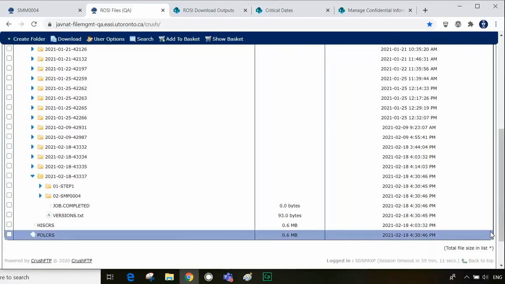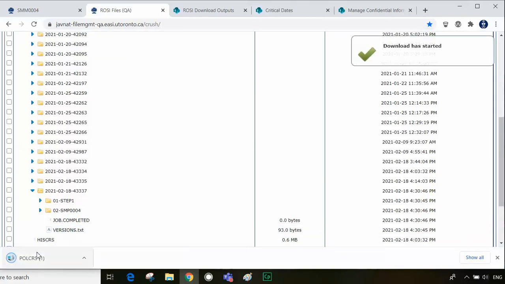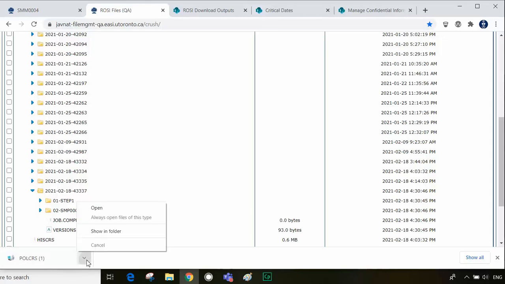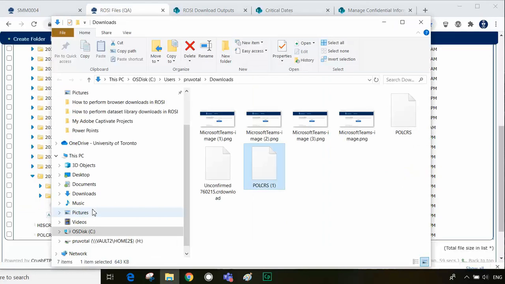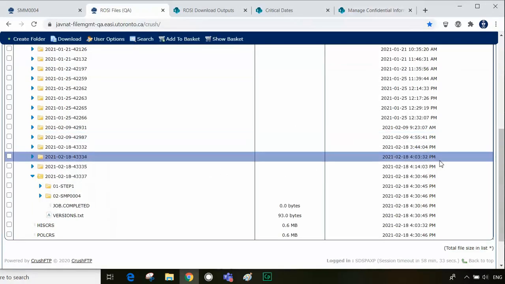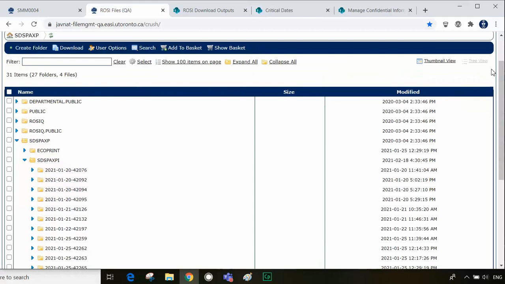Click on the output file to open it. The file will show in your download bar at the bottom of your browser. Click the arrow pointing up beside your file name and click Open. Your Downloads folder will open and show your output file. Remember to keep student information safe. Watch the Managing Confidential Information Learning video.